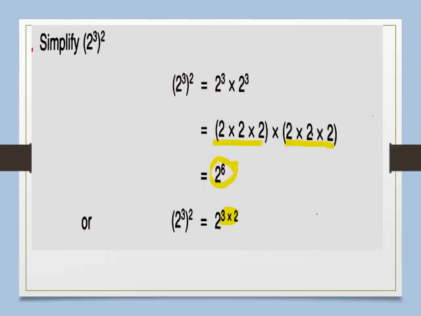See here now: power and its power. Here two powers are there. 3 is a power and 2 is also a power. 2 raised to 3 and this whole raised to the power 2. So how will you write this? You will write this 2 times. Then again, 2 raised to 3, how will you write? You will write it 3 times, and then again 3 times. So in total how many times is it? 6 times. So power of power means the powers get multiplied, that is 3 into 2.